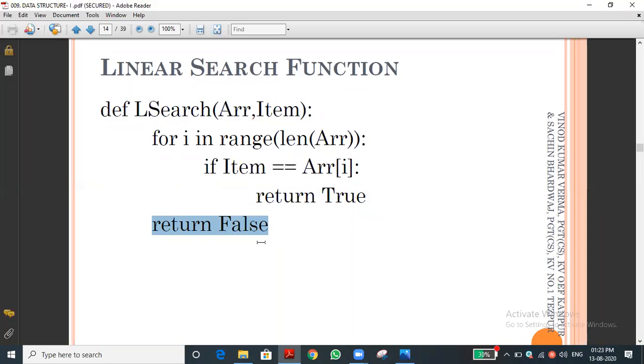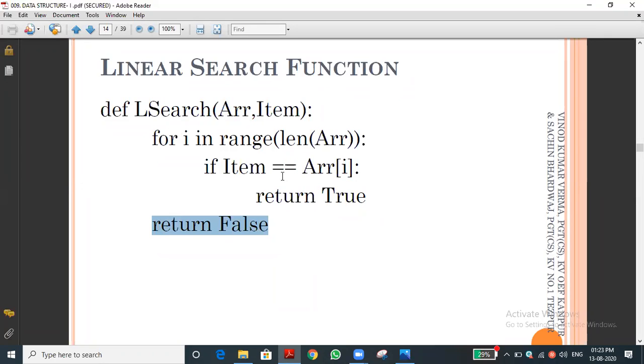If you write return false in else, the function terminates. What will the function return? The element is not found, return false. Actually, it is in the third position. Correct? Understood, sir? Yes, sir. So that's why we are giving the return outside the for loop.